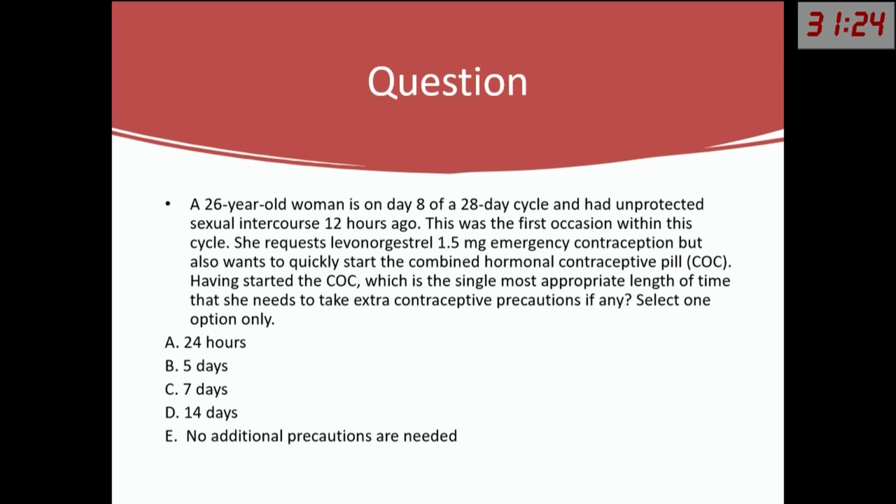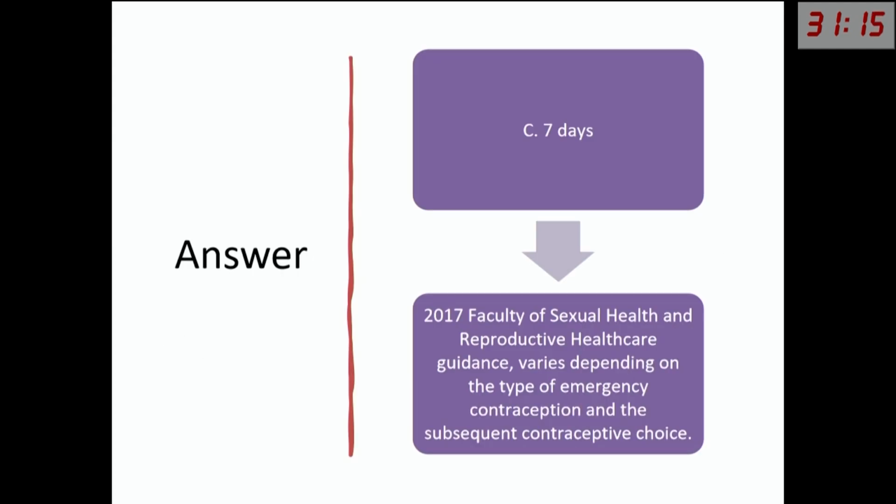No additional. Then, any other answers? Yeah, excellent. The answer is 7 days. So, mostly you will have questions on contraception in MRCGP exams. Either it could be on the mechanism of action of oral contraceptive pills, the adverse effects, or emergency contraception. Till how many hours or days can an emergency contraceptive pill be started? Because this is very common in our practice. Yeah, excellent. It is within 72 hours.